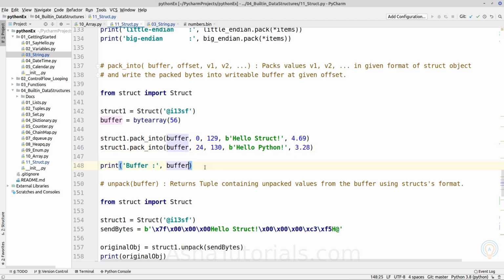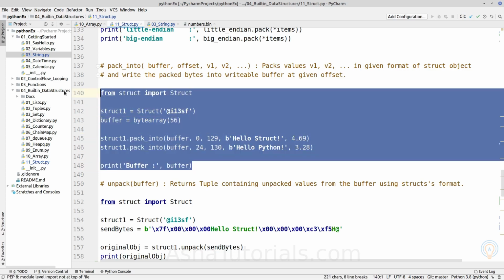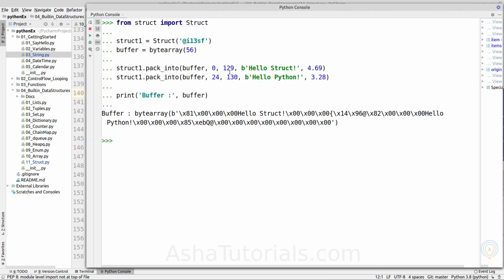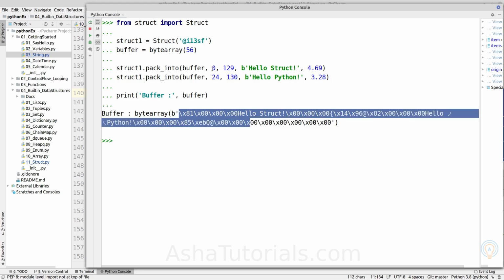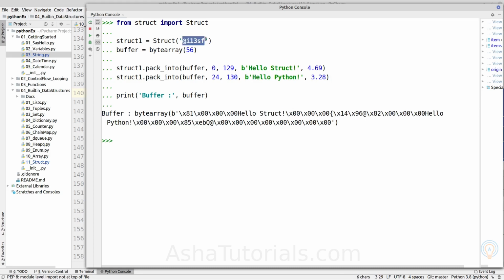If we execute and print the buffer, it will print the result of pack_into. This is the content of the byte array, which is holding 6 Python objects, and if we break it up according to the given format, it is holding 2 struct values in this format.